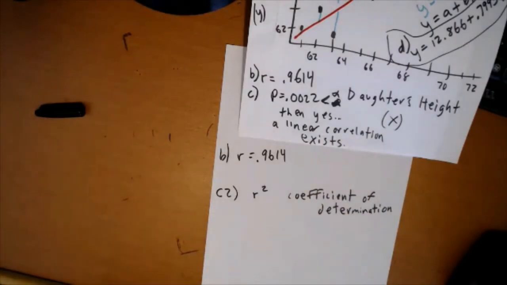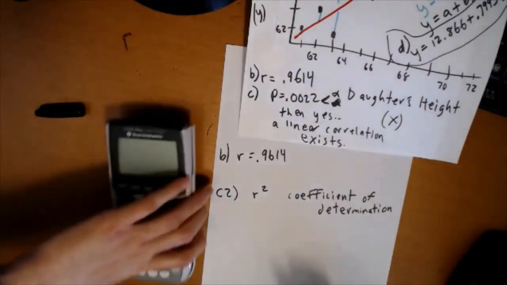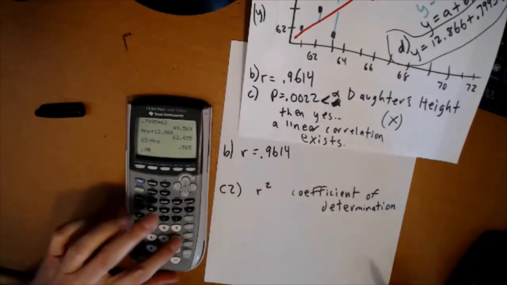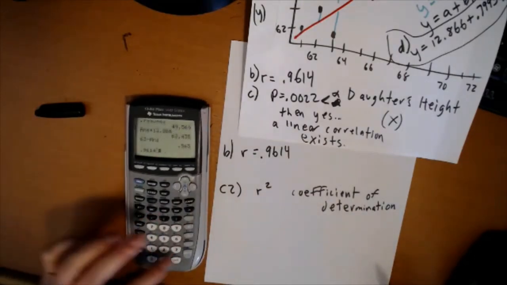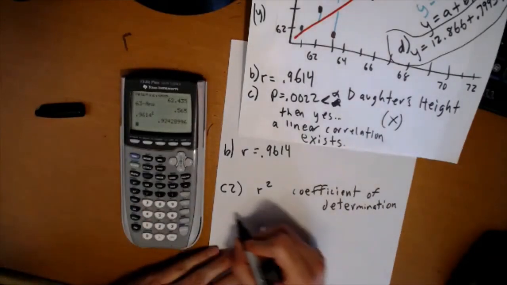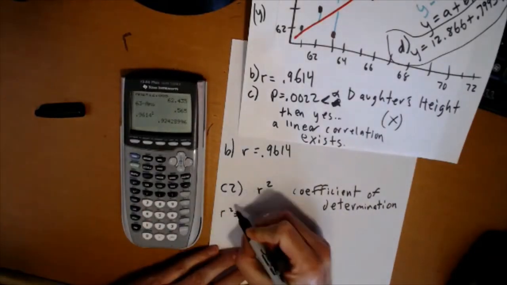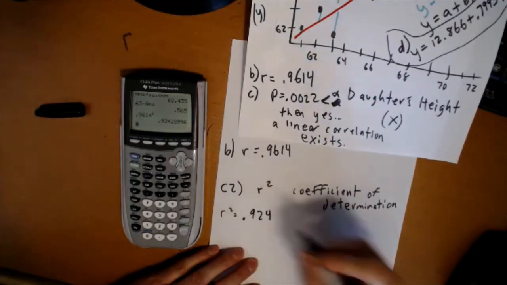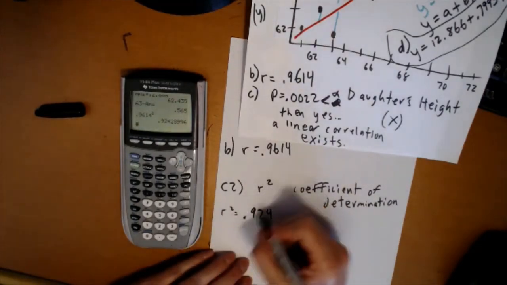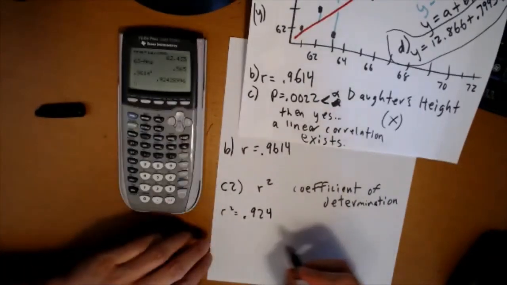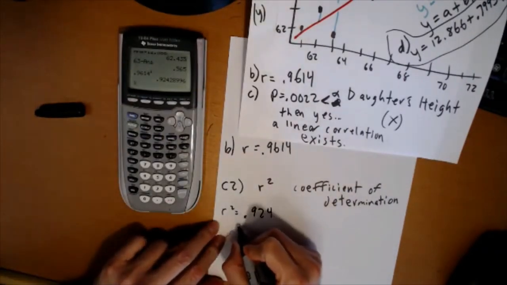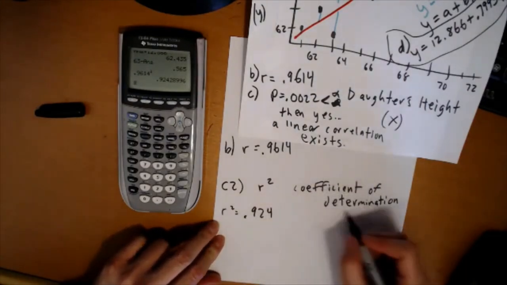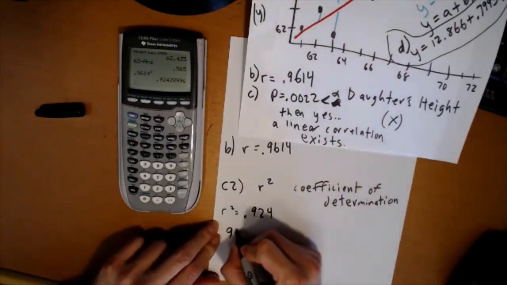So we agreed that we had a correlation of R equals 0.9614. So the R squared would just be 0.9614 squared, enter. And so R squared is equal to 0.924 approximately. And then we usually talk about R squared in terms of a percentage. So we would say that R squared is 0.924, but when we ask about what it means, we would say